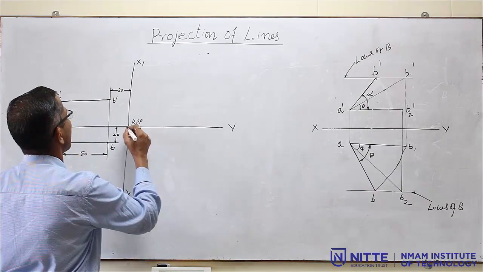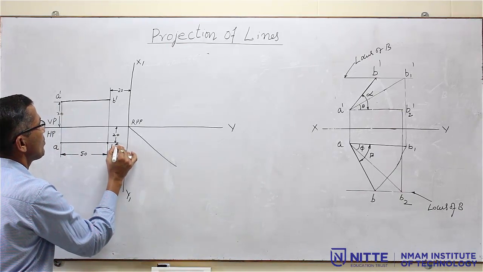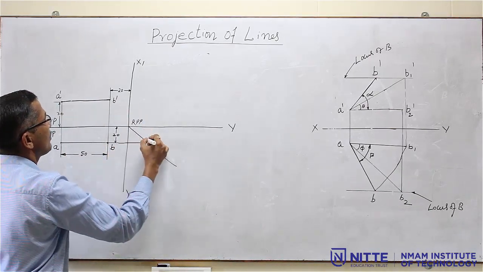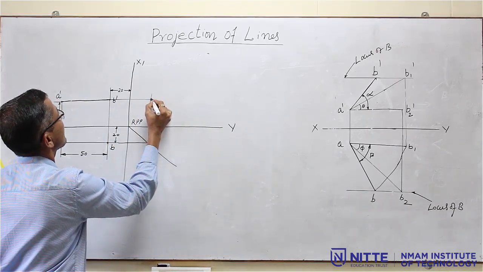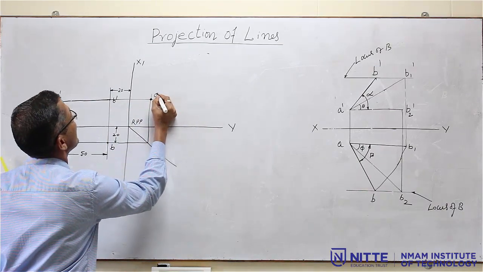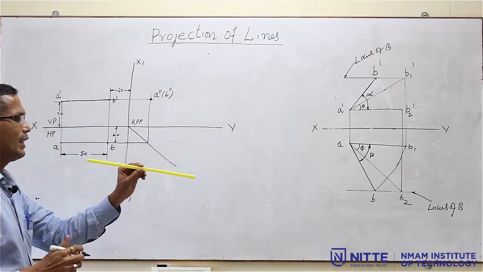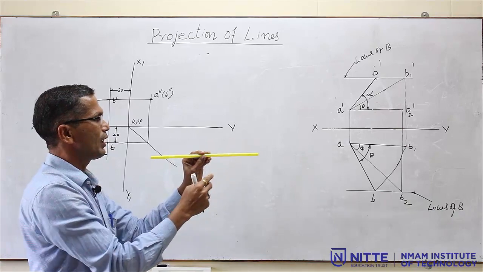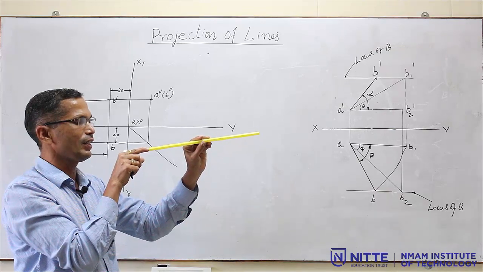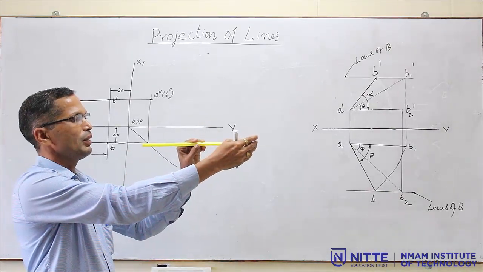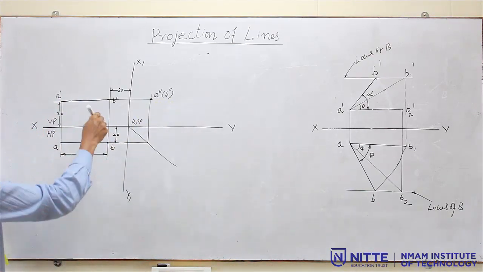Then draw the profile view. So, for that draw a 45 degree line, then project the top view. So, this is the top view, project it towards the VP, then come to the front view and project. So, the intersection will be A double dash and B double dash inside the bracket. Now, the line is here, this is A, this is B, parallel to VP and HP. So, if you observe from the side, that is profile view, I can see only one point, that is A, but B is not visible to me. So, that is why the B is kept inside the bracket. So, this is the solution for the first problem.